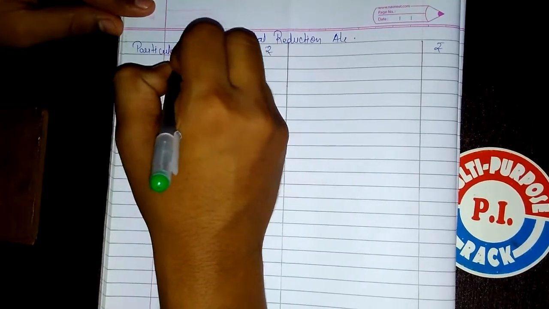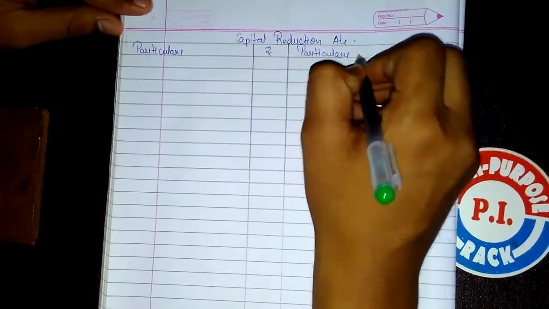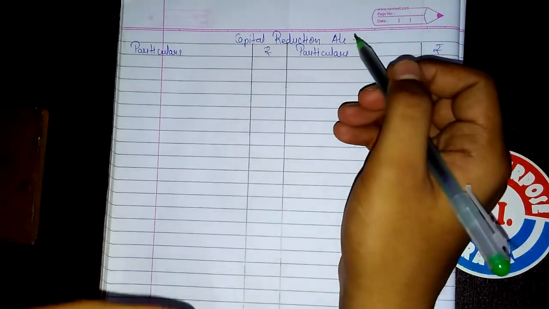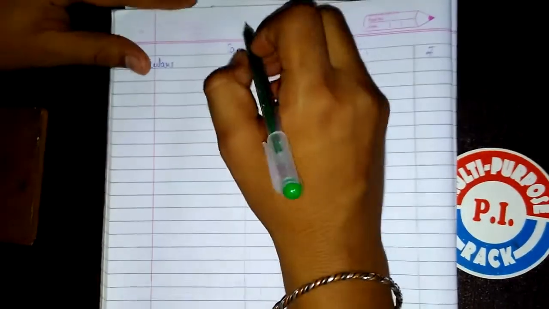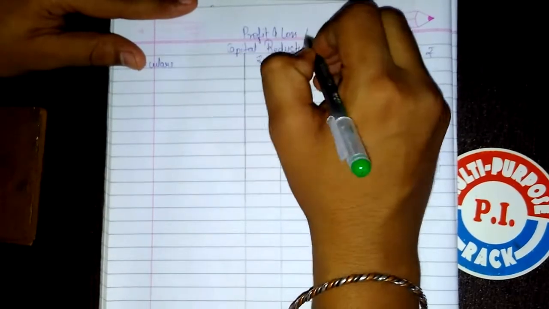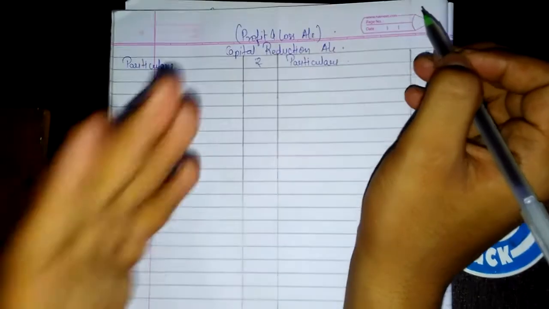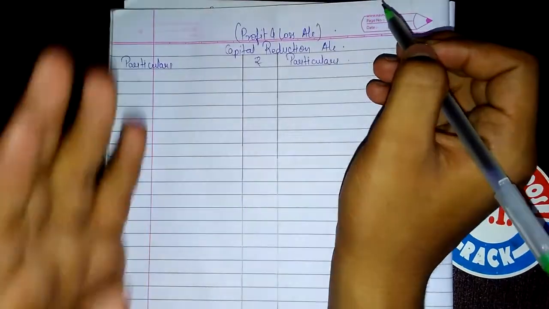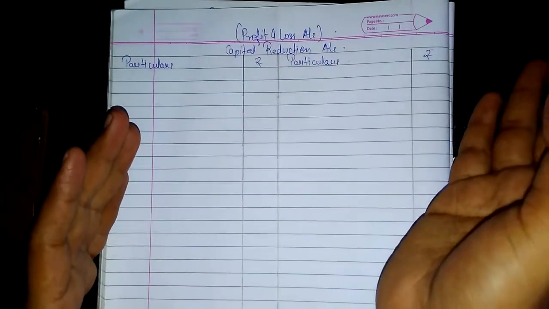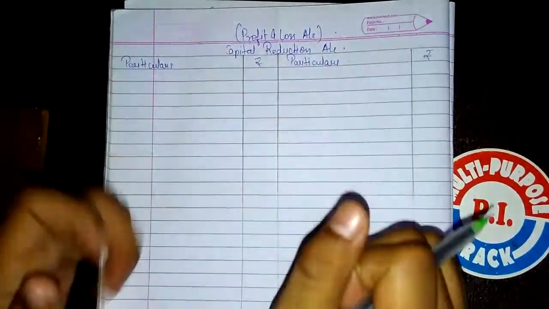Particulars. Firstly, I want you all to know that the capital reduction account can also be called the P&L account. P&L account means profit and loss account. In the P&L account we get net profit or net loss, but in the capital reduction account we get capital reserve on the debit side, and if a balancing figure comes on the credit side, we get goodwill. But goodwill is a worst case scenario if the question is not framed properly.